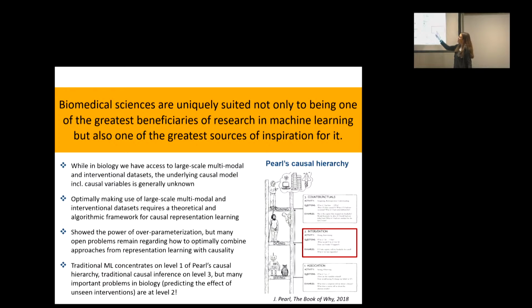But there is actually this level in the middle, which he couldn't care less about. This is where Neanderthals are. But this is the level where you ask questions like, what will happen if I take the aspirin? And in the medical sciences, you do care about counterfactuals in clinical trials, et cetera. But in the biological setting, I don't care about things that we cannot validate. We will be performing the experiment, right? What I want to do is some virtual drug screens, but in the end, you will be performing the experiment. So I only care about questions where I'm asking, what will happen if I intervene in the system in this way?